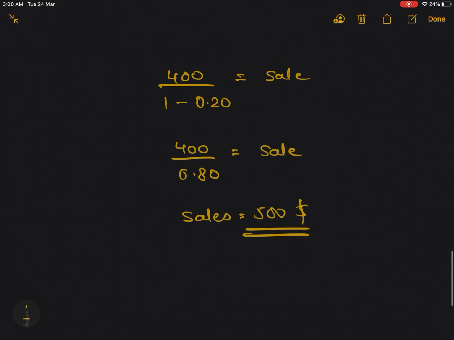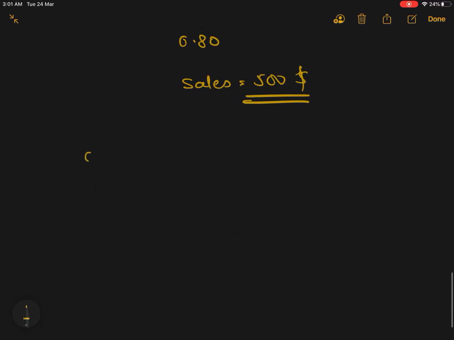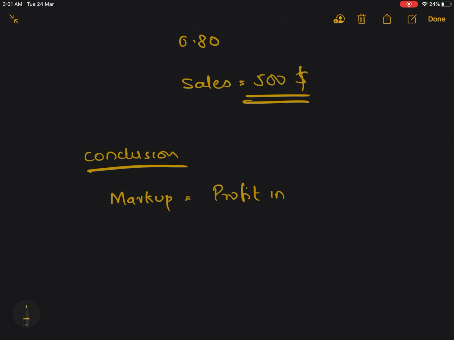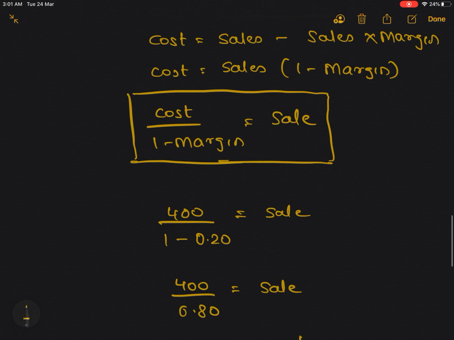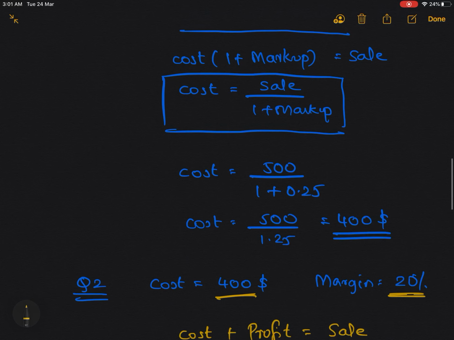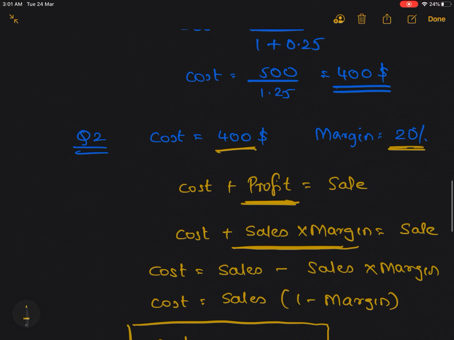So to conclude, let us see what all things we learned. We learned that markup is profit in relation to cost. Margin is profit in relation to sales. And we also learned two important formulas, which is cost is equal to sale upon 1 plus markup,